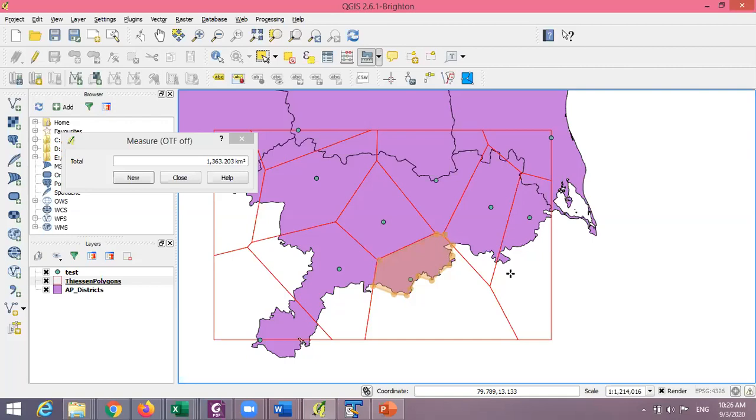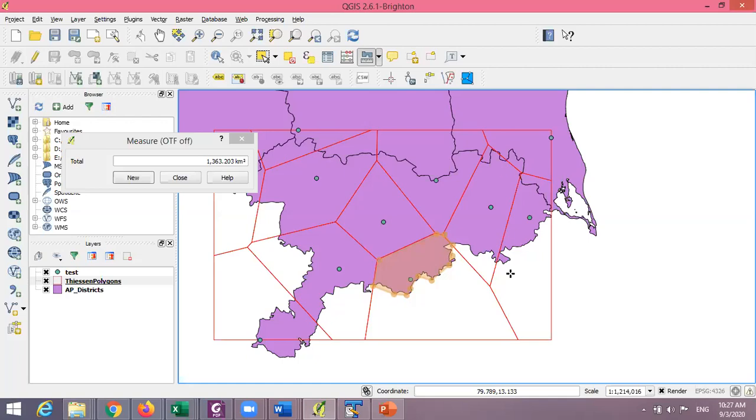So I will send you the data for the whole state of Andhra Pradesh. You pick any district you want. You can pick Chittoor district. You can pick the district where you are living. Whatever you want to do, it's fine. But you're going to work on this individually. You will pick a district.